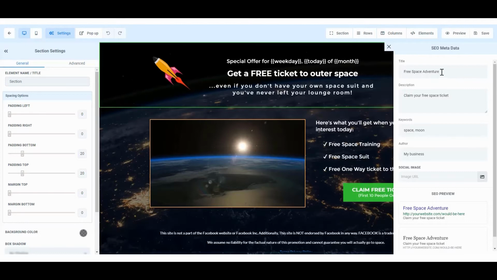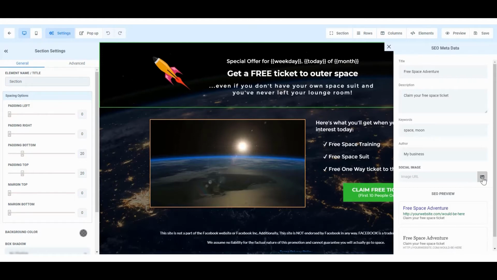Okay, so the title of the page, the description, you can change all these, and these are previewed down the bottom. And you can add keywords relevant to what the page is about or what your business is. You can put your business name in here as the author, and then you can add a social image. So what the social image does is that if somebody adds that link or you add the link via social media, such as Facebook, for example, it will load that image as the preview instead of just grabbing some random